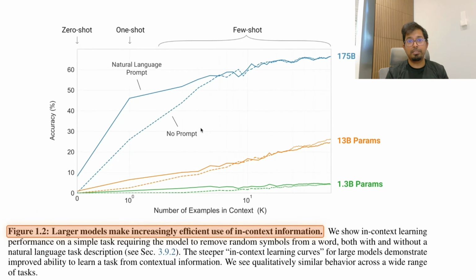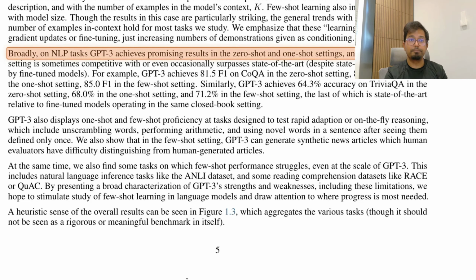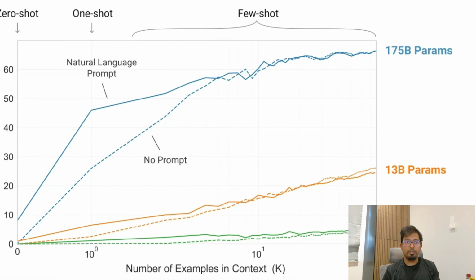And this figure should tell us why they think so. The x-axis is how many examples you put in the prompt. The y-axis is accuracy. And each bundle of curves is essentially a different model size. The biggest models climb the fastest. They squeeze the most out of each extra sample. The rest of the paper pushes scale two more orders of magnitude, all the way to 175 billion parameters, to put that bet to the test. So you can see how the accuracy has gone up as the models have grown larger and larger.